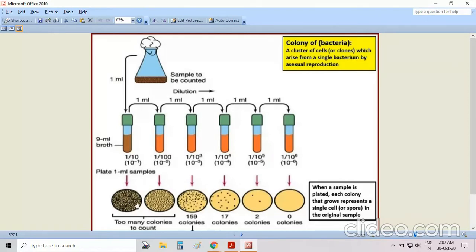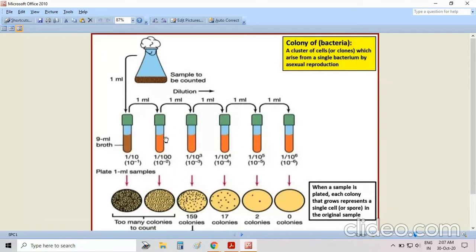Whenever you add the water sample, the quantity is 1 ml in every petri dish. In the first petri dish, we add the original water sample. In the second petri dish, you have to dilute it. How will you dilute it? This is our original water sample. Take 1 ml from it and add distilled water to make it 100 ml. We take 1 ml and add 100 ml, so the dilution factor will be 1 by 100, or 10 to the power minus 2.